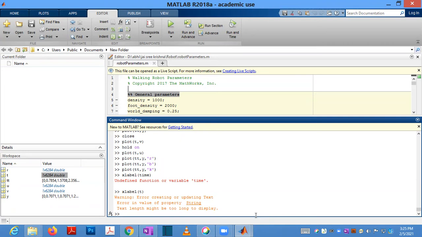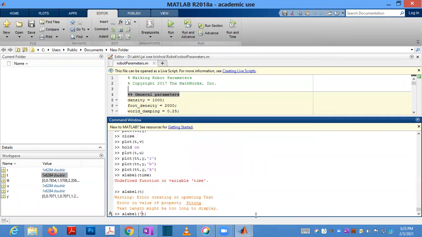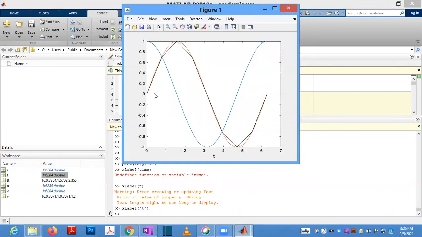Sir, it should be in parentheses, inverted commas. Yeah. Here you can use X label and Y label, and you can use title too. So time t, Y, and title, all these things you can mark in a plot.